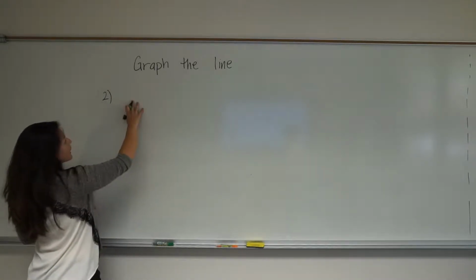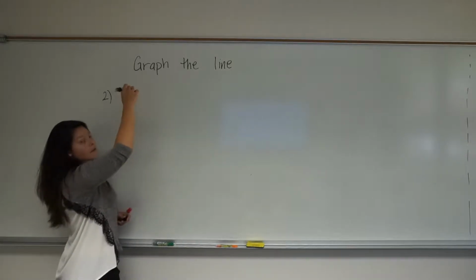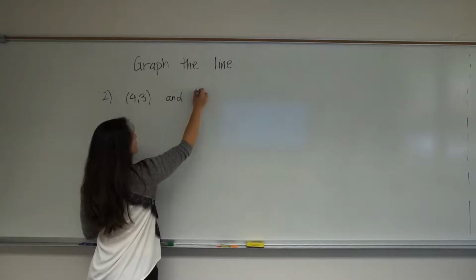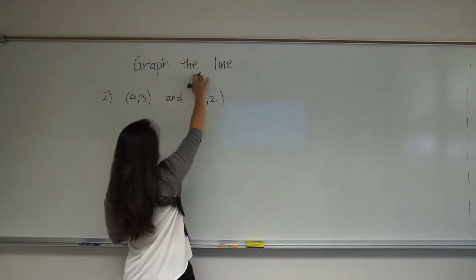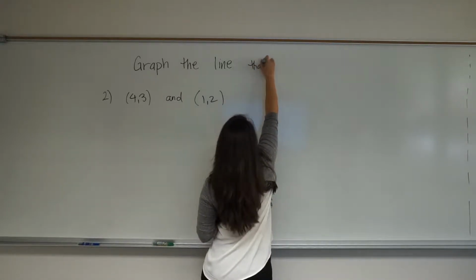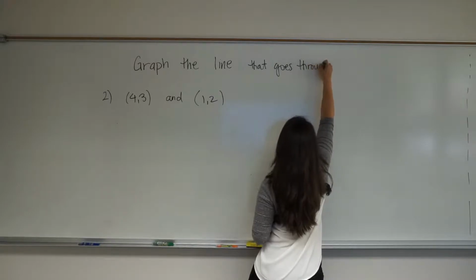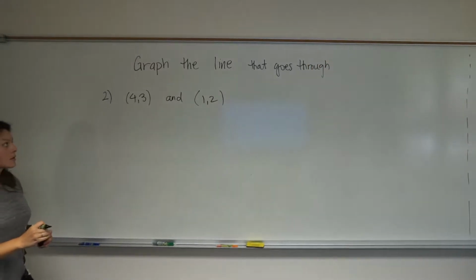Let's say we want to graph the line that goes through the points (4, 3) and (1, 2). So these instructions say graph the line that goes through these two points here, (4, 3) and (1, 2). So now,